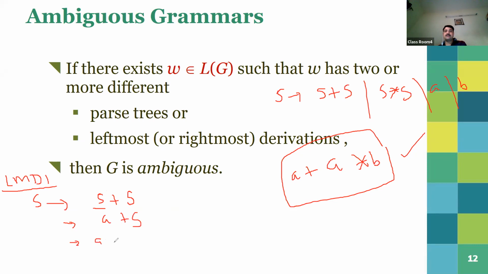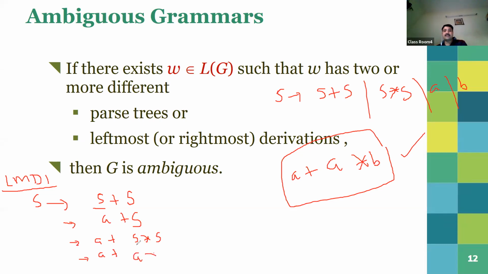A plus, in place of this s we can write here a s asterisk s. So simply write it as asterisk. Clear? And then finally this is a plus, there are two variables, so you are going to expand this particular string by using the leftmost derivative. So just apply the leftmost variable, that is s. So in place of s we can write a.